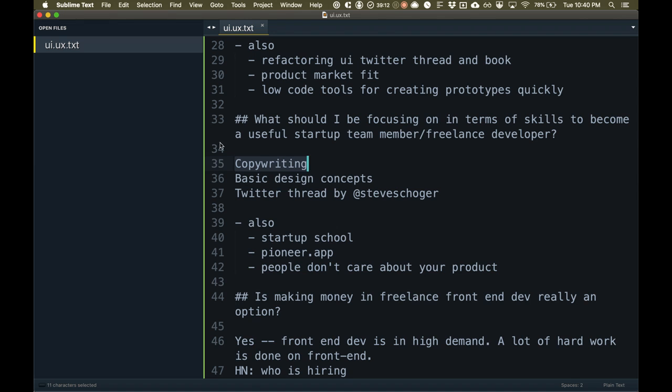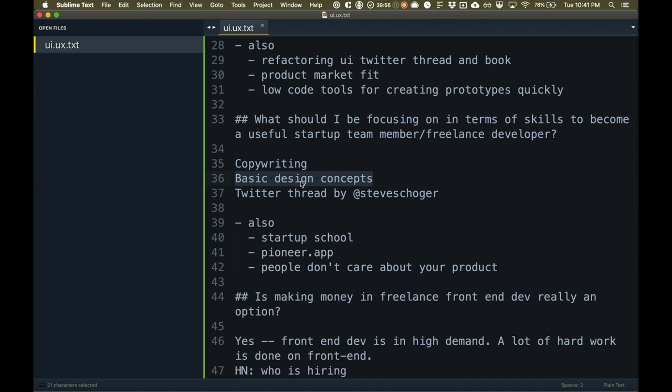And if you don't have to rely on a designer to get you the copy, or bother the owner to get you the right copy every single time, right? Obviously, you do want to check with them and make sure you're getting their feedback. But if you can go off on your own and create something that really resonates with users and is really good, the people you're working with are going to be really appreciative of that. And in a startup, you're going to have to take on multiple hats anyways, right? You're going to have to take on multiple jobs. And if copywriting can be one of those, it's going to be a weight off of everyone else's backs.